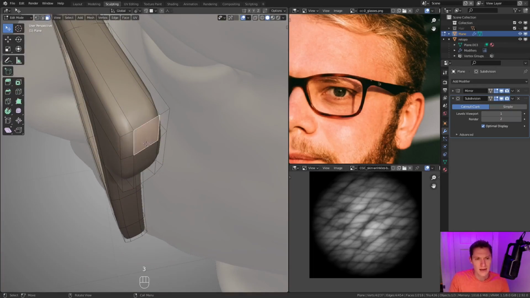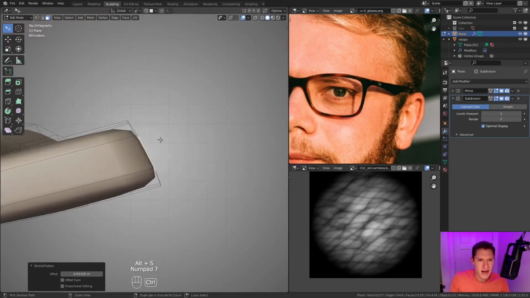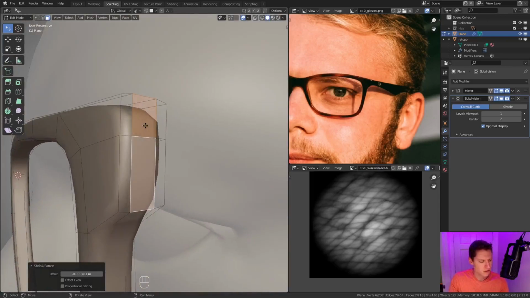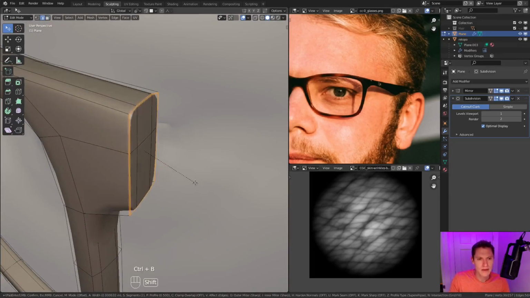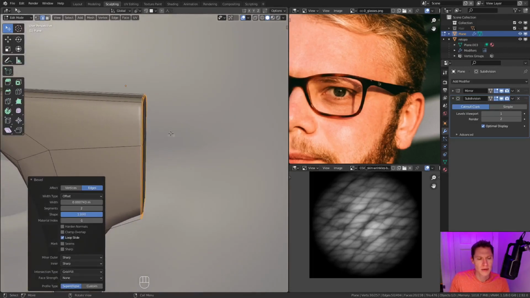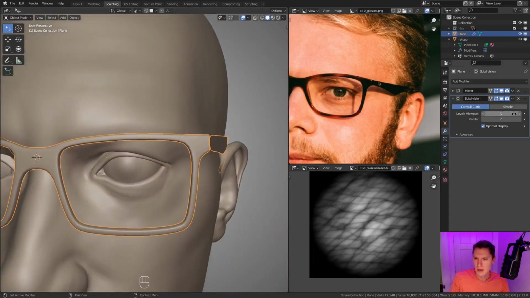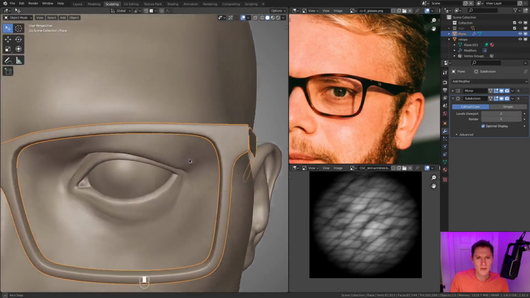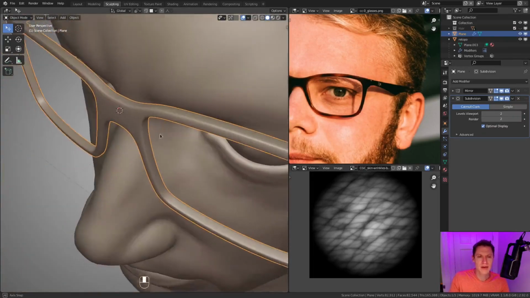Oh, wait. I don't think I wanted to push those out specifically. So I'll just eyeball to get those flat again with Alt-S. Okay. Control B to add a tight bevel here. Make sure that we're at a shape of 1. It was a viewport level of 1. Okay, yeah, it does look pretty nice and smooth at level 2, so I think we'll be fine there.